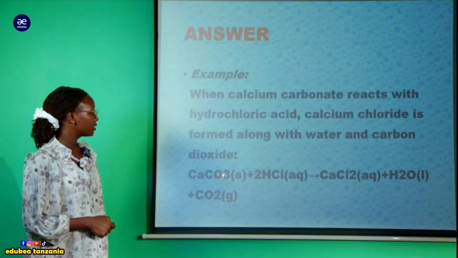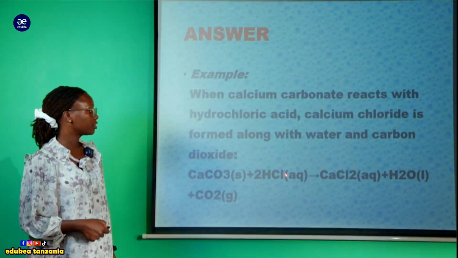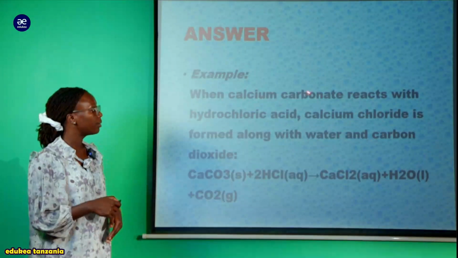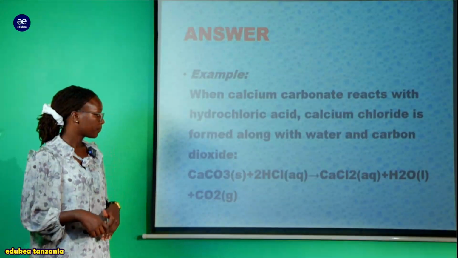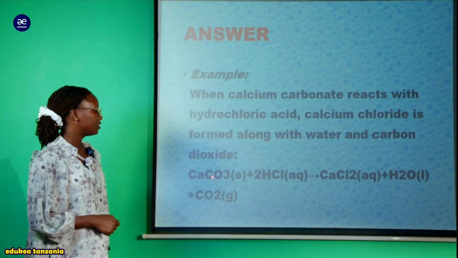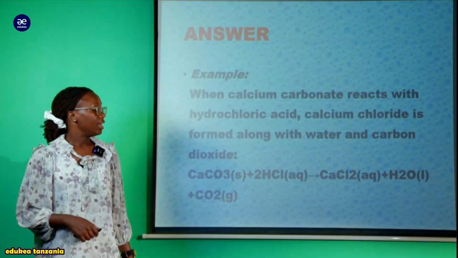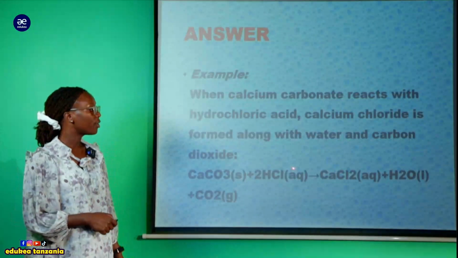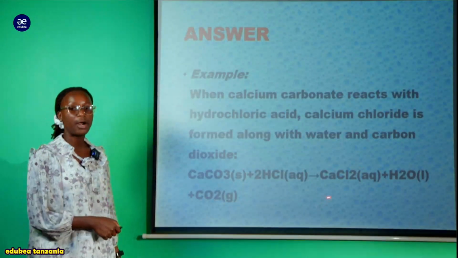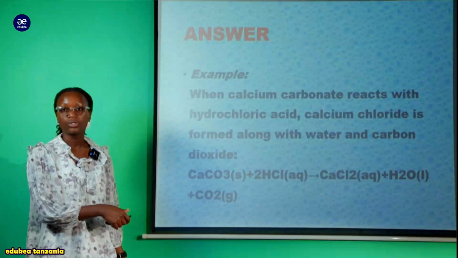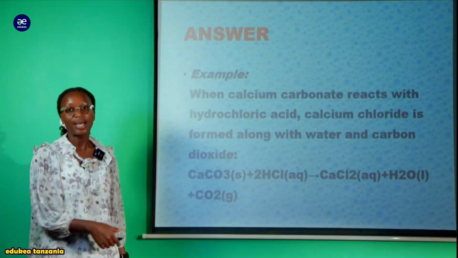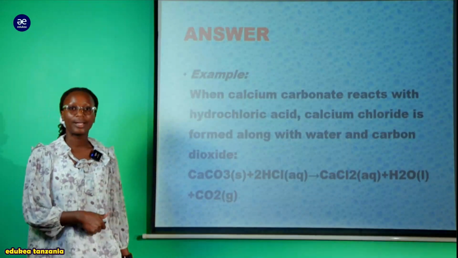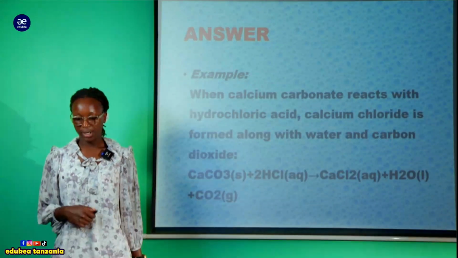So this is the simple chemical equation which demonstrates our example of the reaction between calcium carbonate and HCl. You can see that 1 mole of calcium carbonate, which is a compound, reacts with 2 moles of HCl aqueous solution. Therefore, we're going to have calcium chloride, which is a soluble salt. That's why here you see it exists as aqueous, plus a water molecule, but also we release the gas which is carbon dioxide